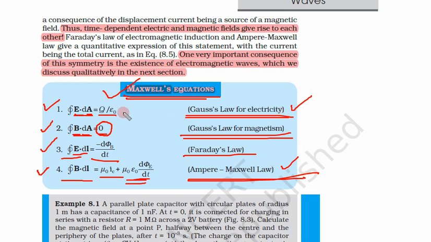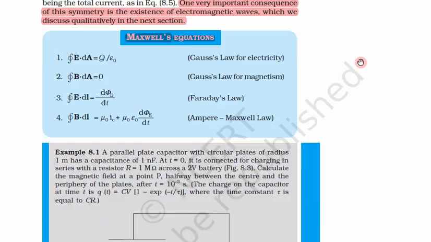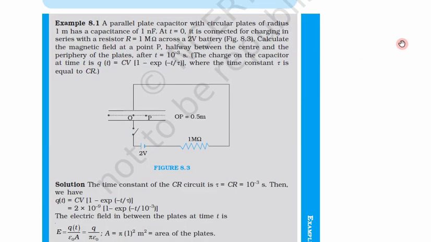If we see, the others existed previously, and this one too in some form existed previously, but there was some problem, and because of that these things were not connected. Just adding this simple term, that means the displacement current I D, has made this a complete set of equations called Maxwell's equations, and Maxwell's equations are fundamental to electromagnetic waves. So let us see example 8.1.